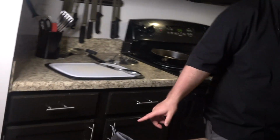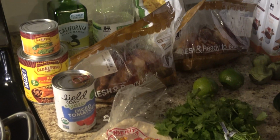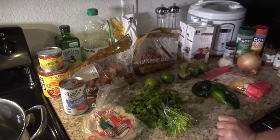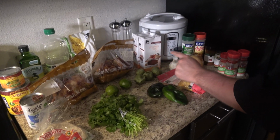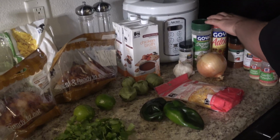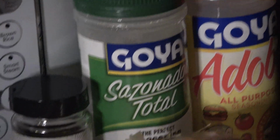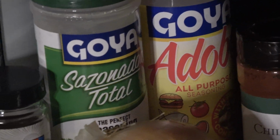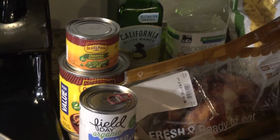Watch out for the trash can. So to make it easier for everybody, I got rotisserie chickens from, of course, the Food Lion, because it's close and it's cheap. And then I've got poblanos, tomatillos, limes, onions, garlic. Got some adobo, some sazonador seasoning. And then there's cumin, chili powder, onion powder, garlic powder, onion salt, garlic salt, chopped chilies, enchilada sauce, and diced